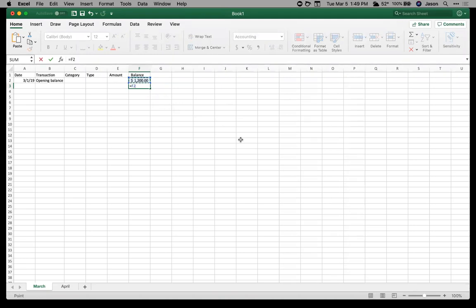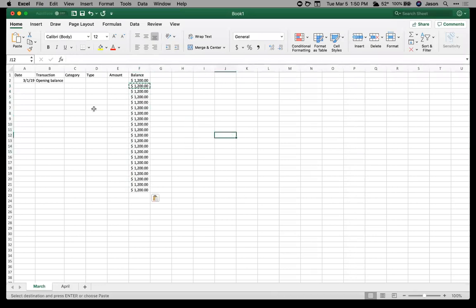So there's a couple of ways I can do that. I can make it simple. I can say minus this one. Okay? And I'm going to just copy that formula. I'm going to paste it all the way down. And then now, when I have another transaction,